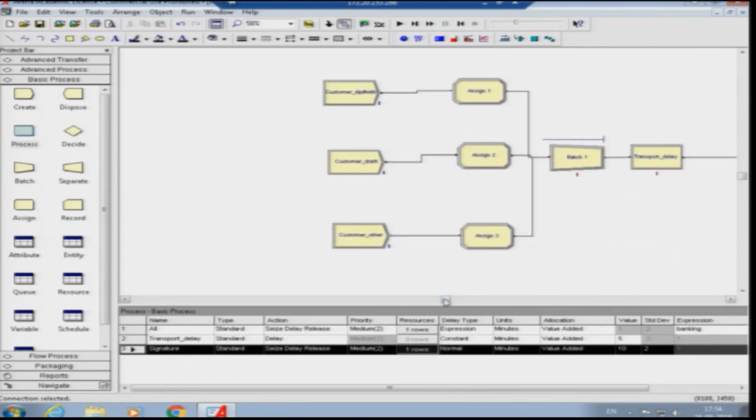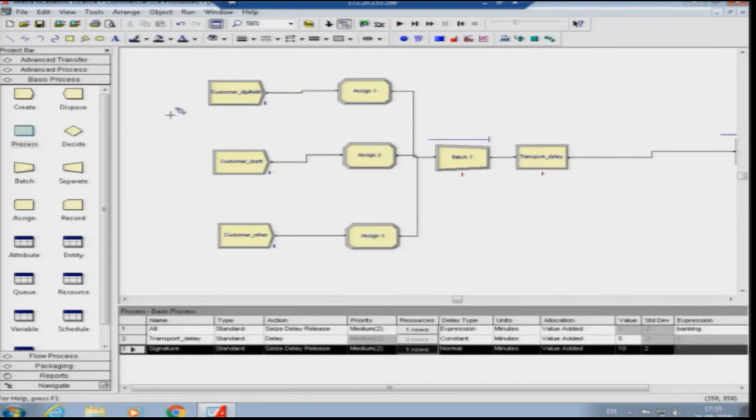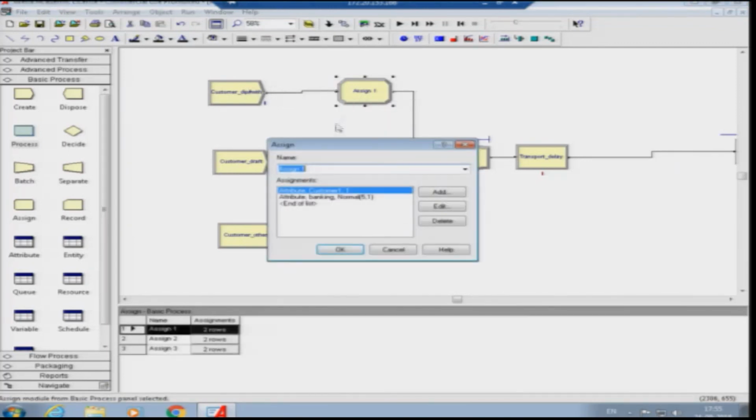So again, to brief the system, you can see there are basically three different create nodes that create separate kinds of customers. That is, we defined the customer arrival time for different customers. Now, for each customer we have assigned two different kinds of attributes. One attribute will separately select which kind of customer it is, and the second attribute value will define its processing time in the banking window.